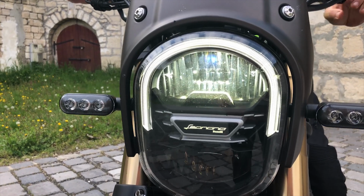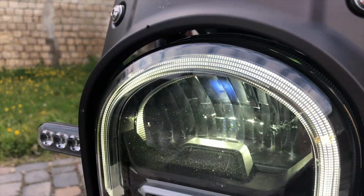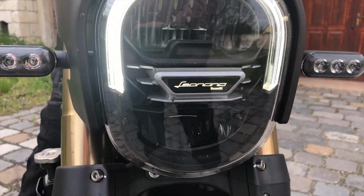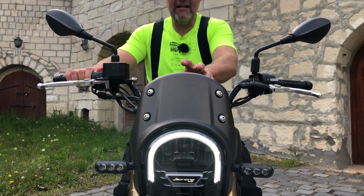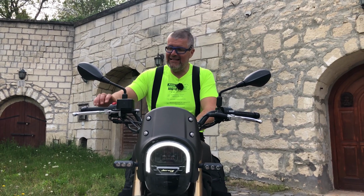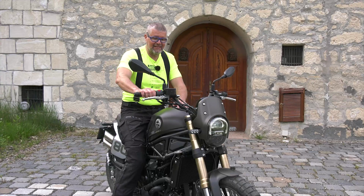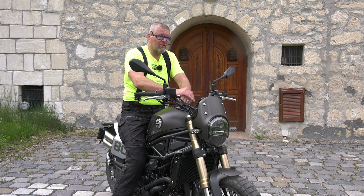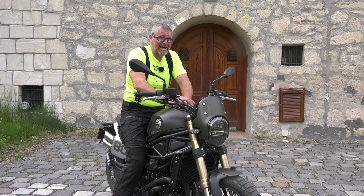But I think it's a problem that the DRL and the normal light, you always have to change from the right handlebar. This is not a real problem, but the real problem is that it's not shown with any icon or anything else on the dashboard. So you have to remember that when the button is like this, then it is DRL, and when you push it in, then it is normal light. And when you forget it and it gets dark, then you are going to stay there without real distance lighting,